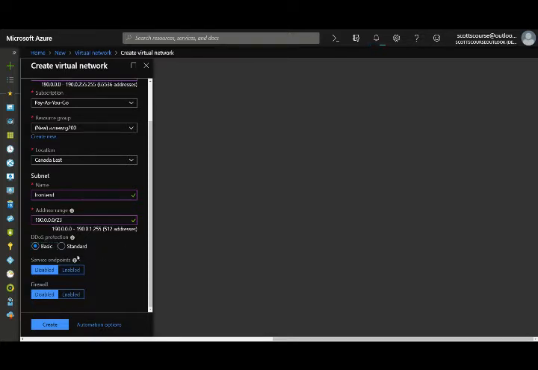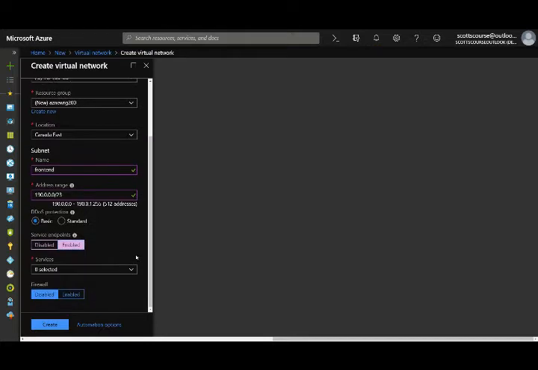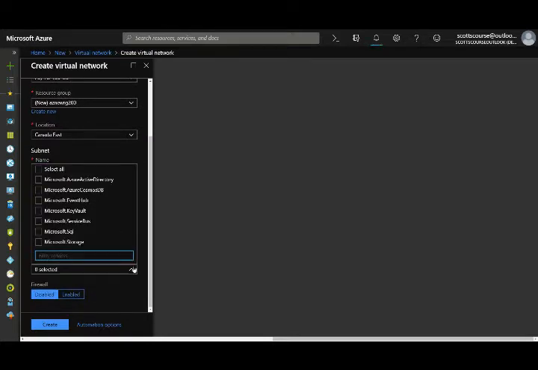Service endpoints. Now, this is a pretty cool security feature. We can basically open up this virtual network to connect with some of the built-in Azure services exclusively. So I could say this network connects to Microsoft SQL database, Service Bus, Key Vault, Cosmos DB, etc. And it basically is a secure channel between this network and that service that the traffic would not travel over